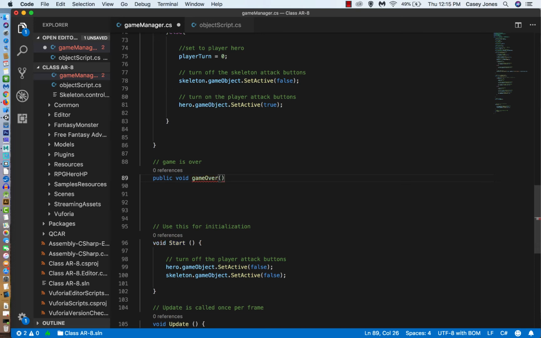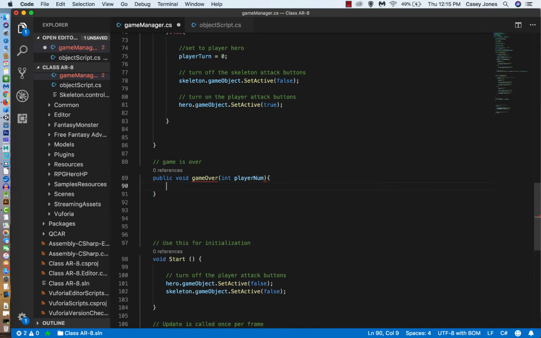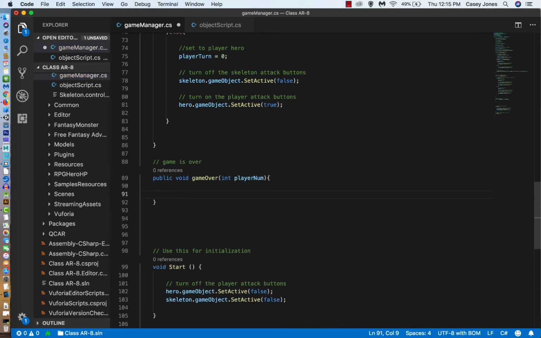We're going to take in the player number. In this incarnation, we're not going to do anything just yet with the player number, but what we'll want to do is